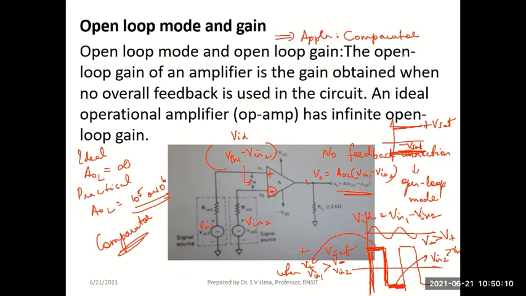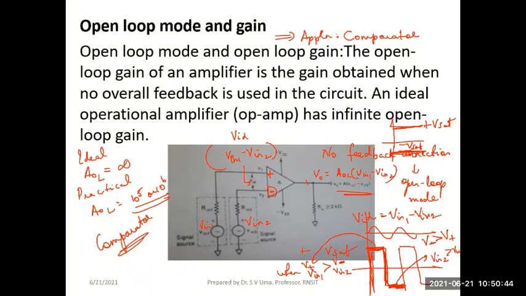We'll be studying examples of this later. Any doubts with this? So even though this is a high gain differential amplifier as such, we cannot make use of the op-amp for amplifier applications if we are working in the open loop mode. If you want to design an amplifier for a given gain, say 10 or 100, then it is compulsory that I bring down and regulate the high gain.